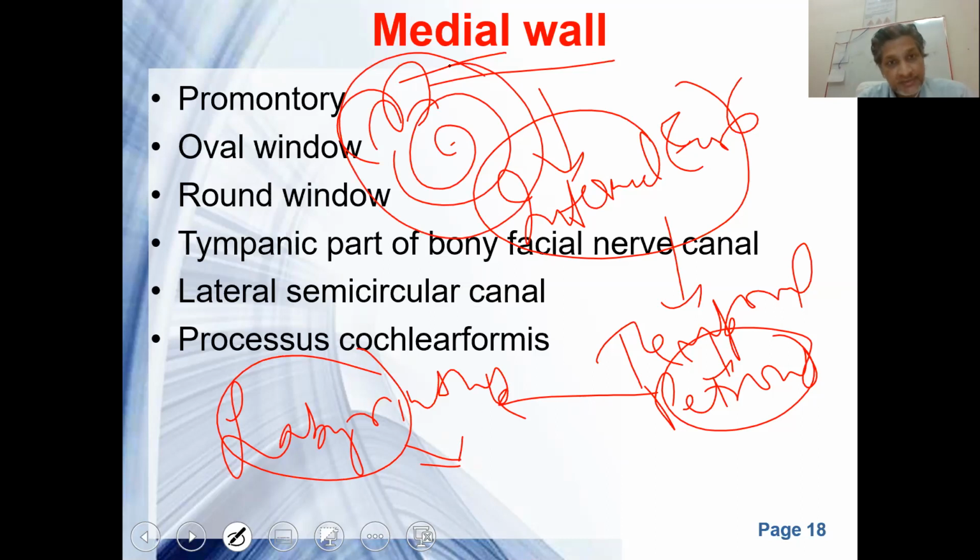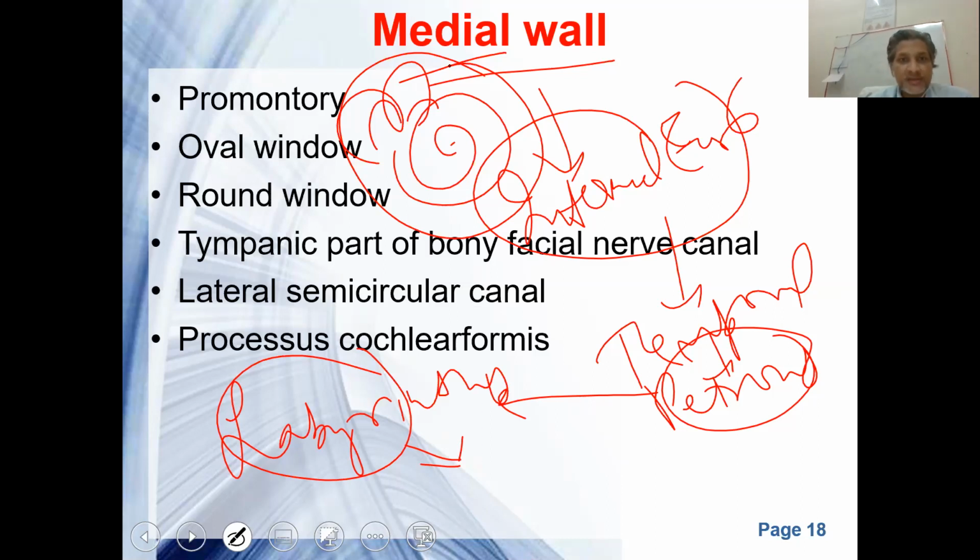Void space in the sense they are air filled space in the internal ear, which is occupied by a membrane and a bony surrounding and contains endolymph and perilymph. So internal ear is not an isolated or independent bone. It's a void space in the temporal bone which is filled with certain structures.